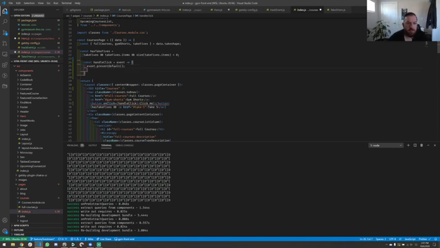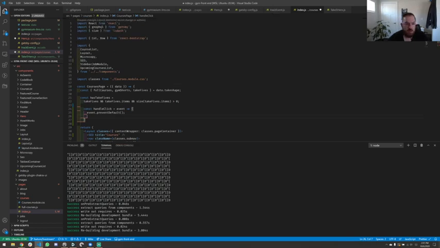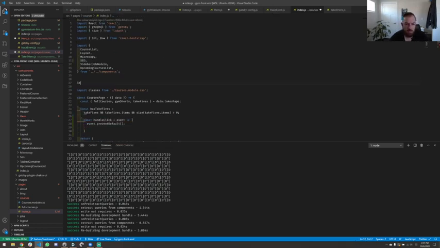And then we need to pull in our tracker that we wrote, which was inside of this here track event. So we're going to do import track event from, and then we'll say track event